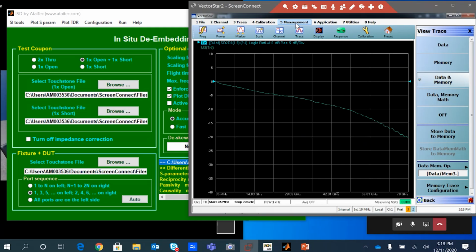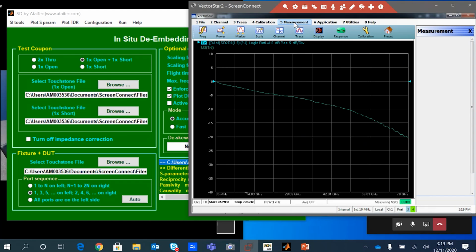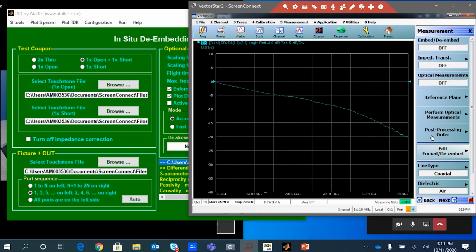So as I mentioned earlier in the presentation, all of this assumes that you've done a standard calibration, SOLT type calibration, so that you're obviously measuring accurately. But now what we want to do is apply that probe model and remove that probe from this combined measurement. So it becomes a post-processing step, and we call that de-embedding. And we want to go into the